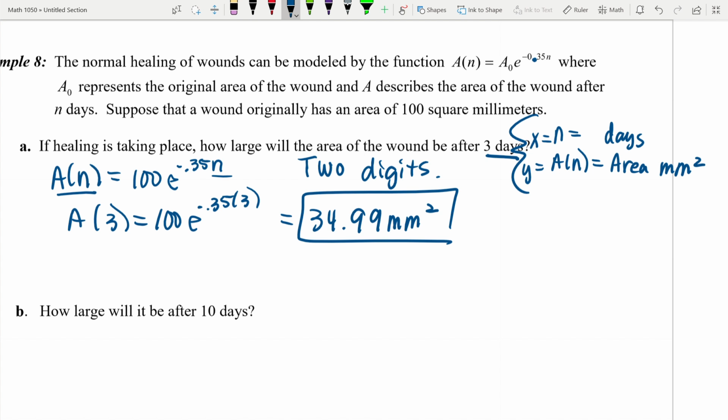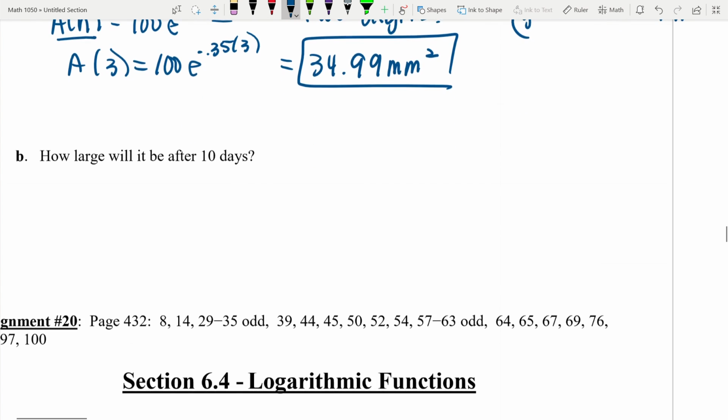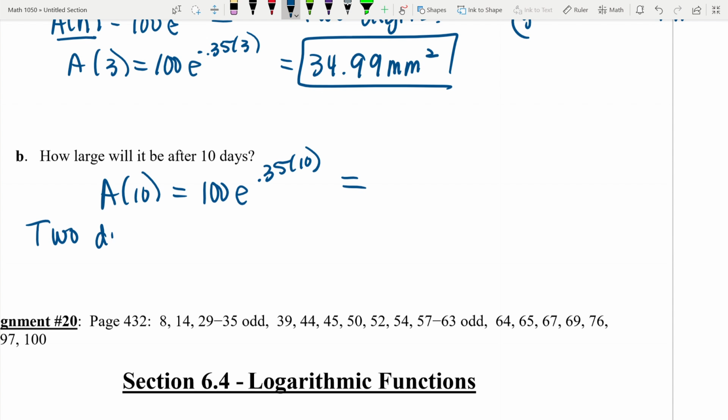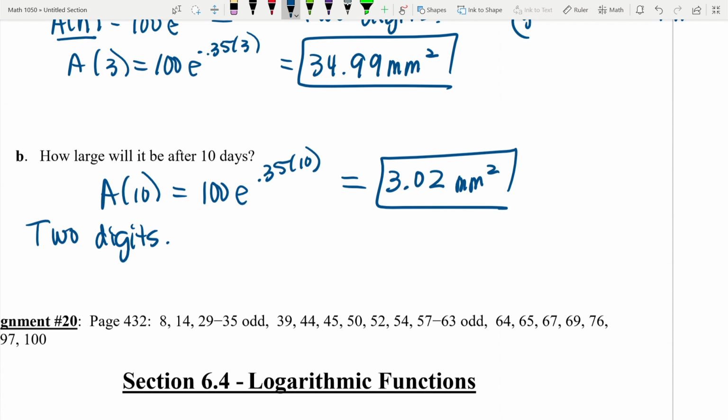It's healing well, okay? How large will it be after 10 days? So this is A of 10 is equal to 100e to the negative 0.35 times 10. So if you hit up and then go right until you're on top of the 3, make it a 10 and close it, you don't have to put the whole thing in. Let's add to the directions 2 digits, because you would never round unless you were told, and the answer would be 3.02 millimeters squared. Okay, and that is it. Is everybody good? Okay, we still have